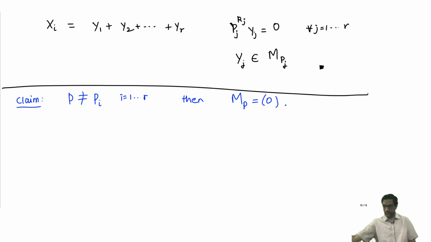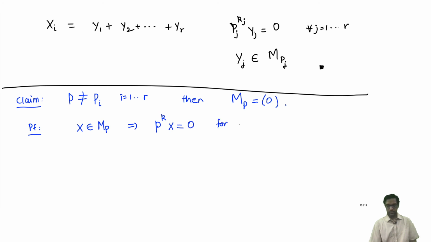Okay, why is this? Well, again, let's see the proof. Suppose I have an element in Mp, suppose x belongs to Mp. What does this mean? It means that it's killed by some power of p, right? p to the k x is 0, for some k greater than or equal to 1. Now, we have already shown that M is just the direct sum of the MPIs. So let me first write x as